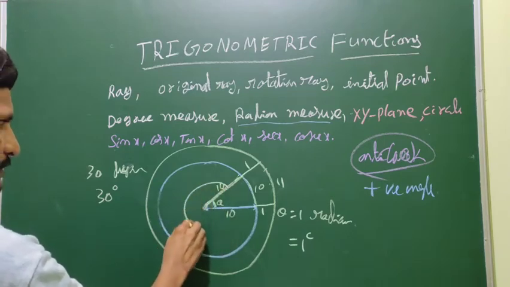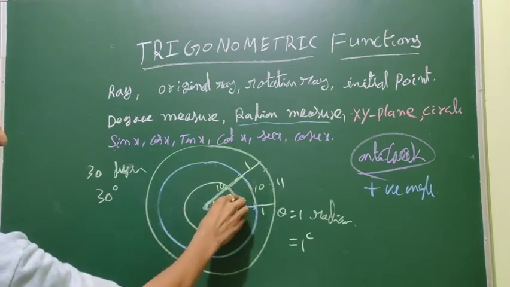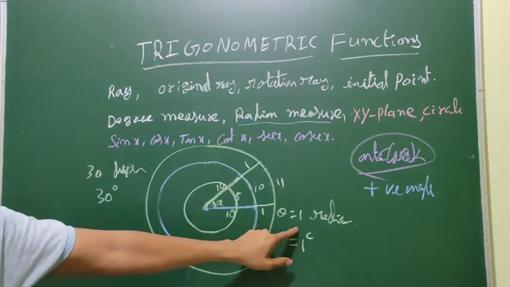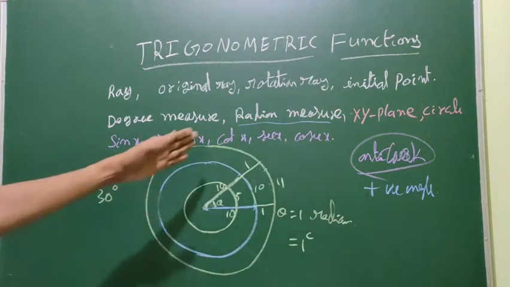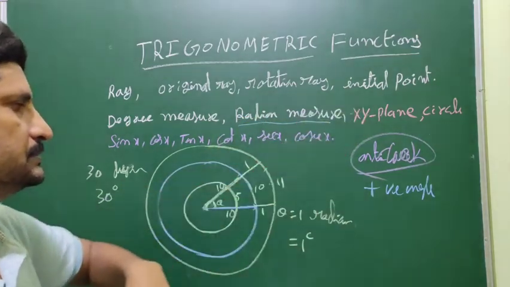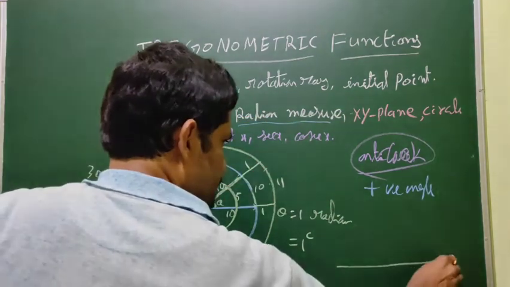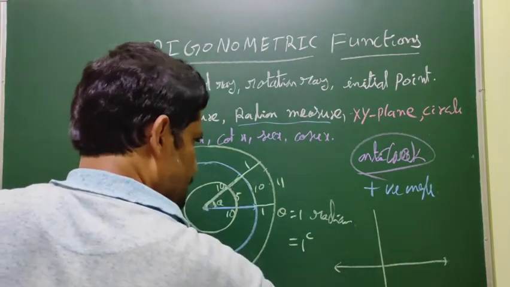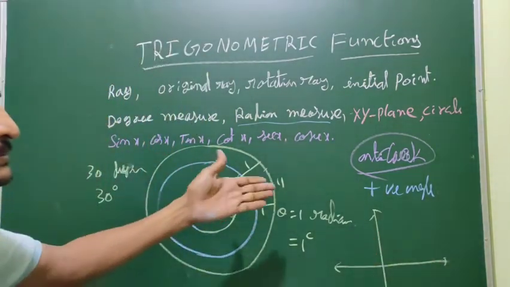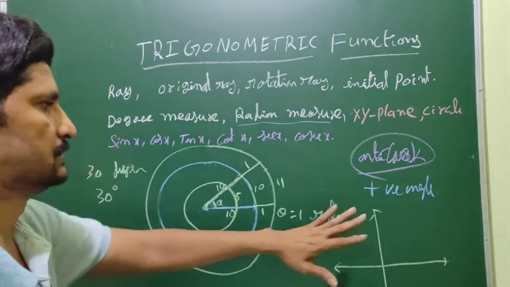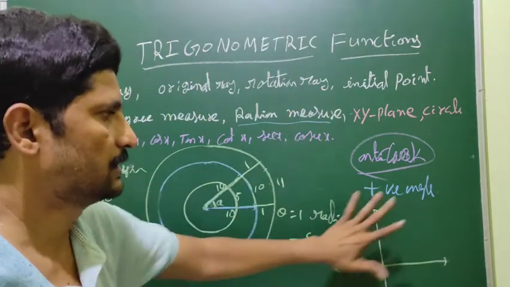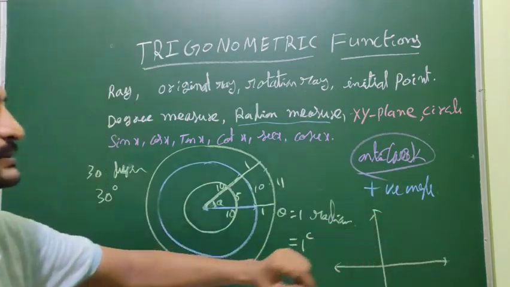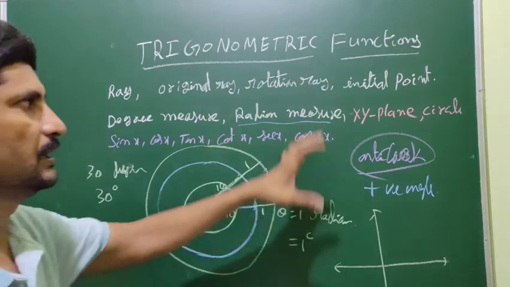Take a half and half. Now this must be a half, so it is 1 radian. Next, the XY plane. The x-axis is a horizontal line. The y-axis is a vertical line. They intersect at the origin. The plane formed by the x-axis and y-axis is called the XY plane.